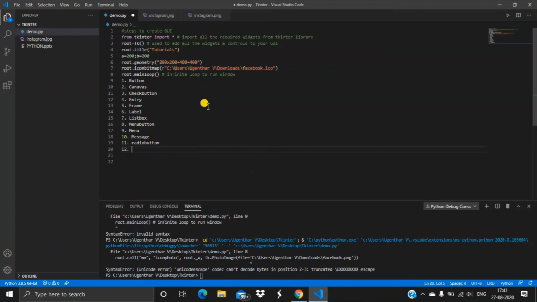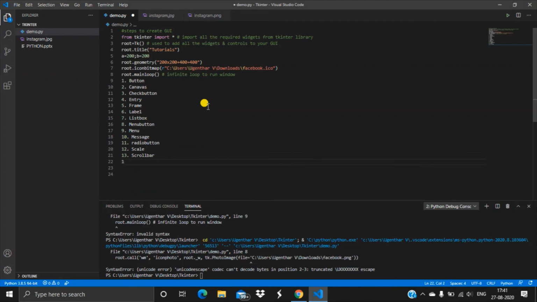The next is Scale. This widget is used to provide a slider to the Tkinter window. Then the next is Scrollbar, which is used to give scrolling capability to various widgets such as list boxes.